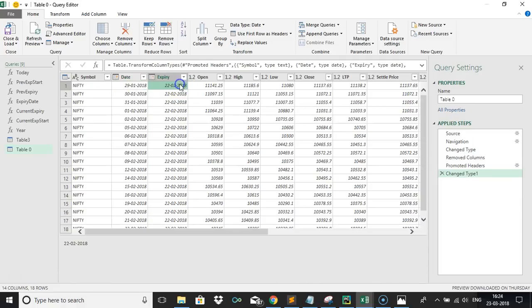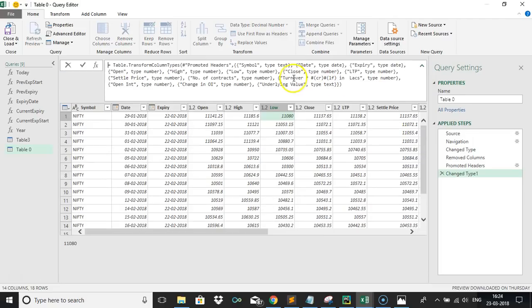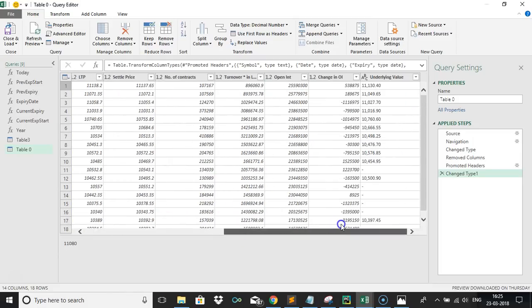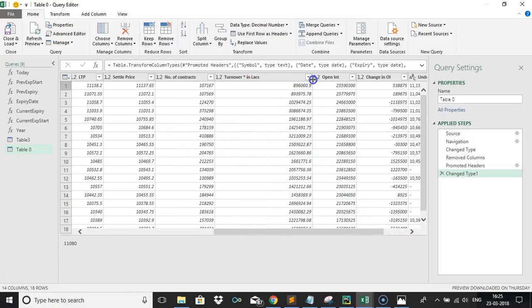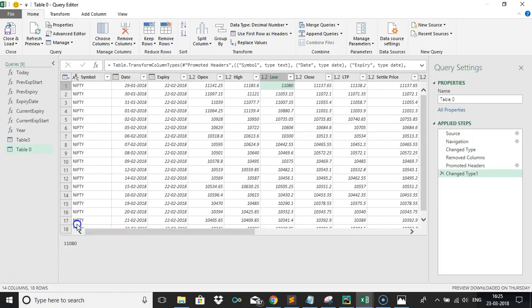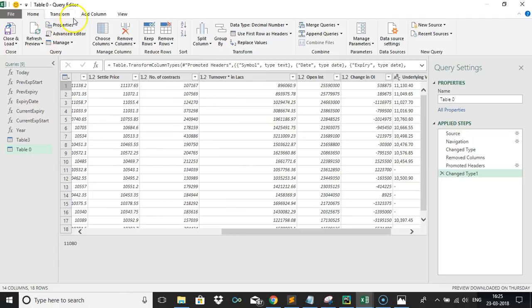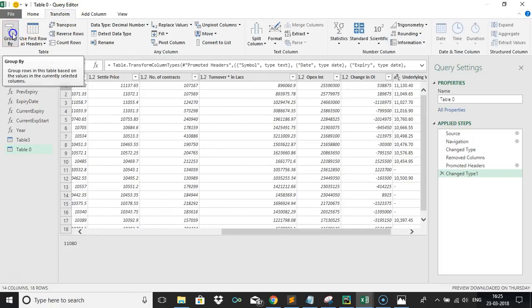Everything is automatically converted into numbers, dates and the other data types. Great. Next, we need to get the average of total contracts and the average of turnover. Those two are what we actually need for this ATP method: turnover in lakhs and number of contracts. We have this symbol as Nifty, so just go to Transform and click Group By,